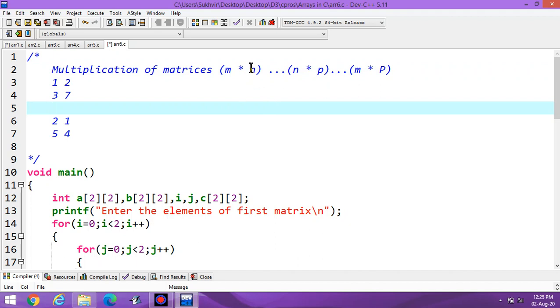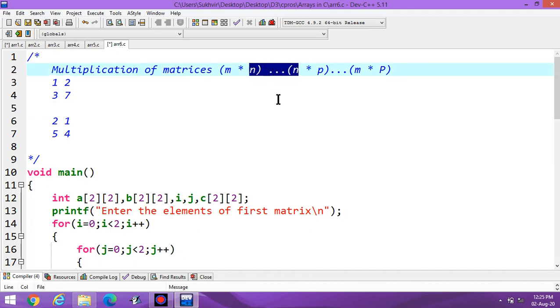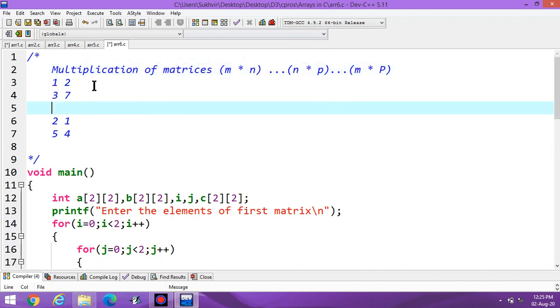The number of columns of the first matrix should be equal to the number of rows of the second matrix, and the resulting matrix has the number of rows of the first matrix and the number of columns of the second matrix. The n is eliminated, and the answer is m into p. Here the number of rows and columns are the same, that's why there is no problem.